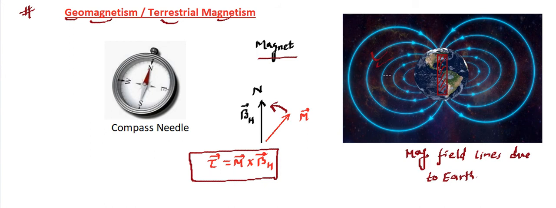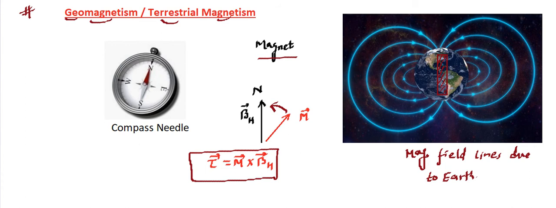So how did this idea come? First of all, this needle was behaving like this. Since the needle was behaving like this, there must be a magnetic field. Since this needle reacted like this everywhere on the Earth's surface, that means BH, or Earth's magnetic field, is present all over the Earth's surface. Hence the magnetic field is not because of any other thing; it is because of Earth only. And by plotting the magnetic field directions, the symmetry came out similar to that of a bar magnet. Hence, scientists believed that there is a bar magnet trapped inside.